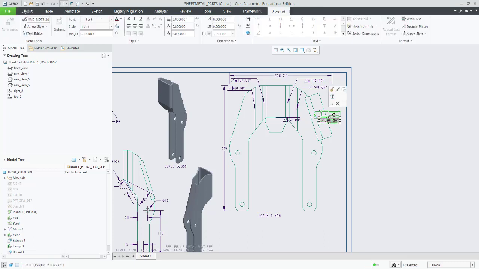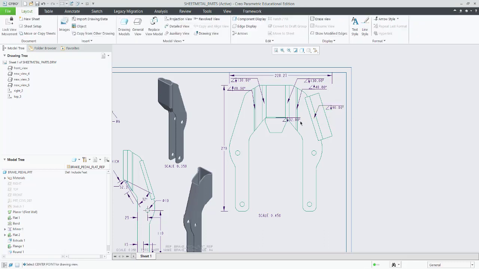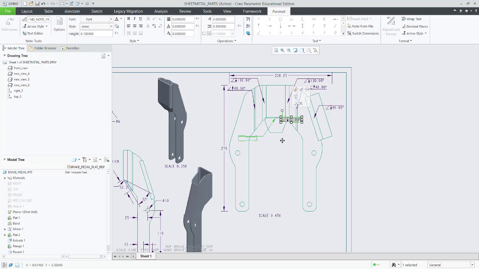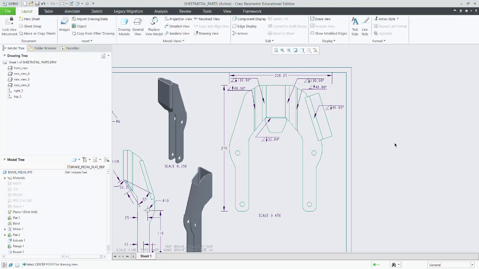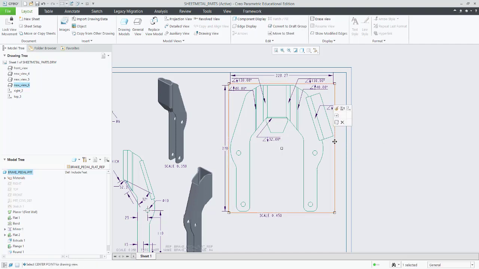This 90 value I will arrange it somewhere here, and lastly this 32 value I will arrange it somewhere here. So this 30 value you can also bring it onto the right side by using these blue dots. You can change the arrows. So here this is also defined. Now let me simply drag the view a bit to the right side.